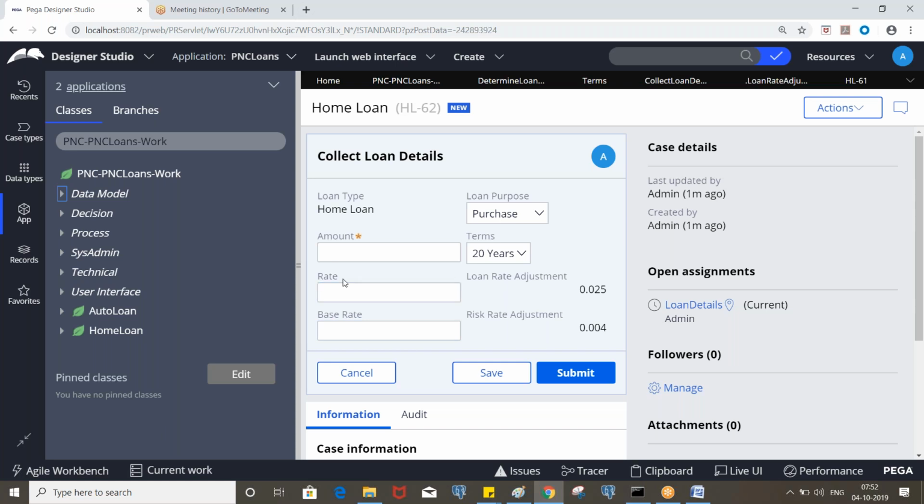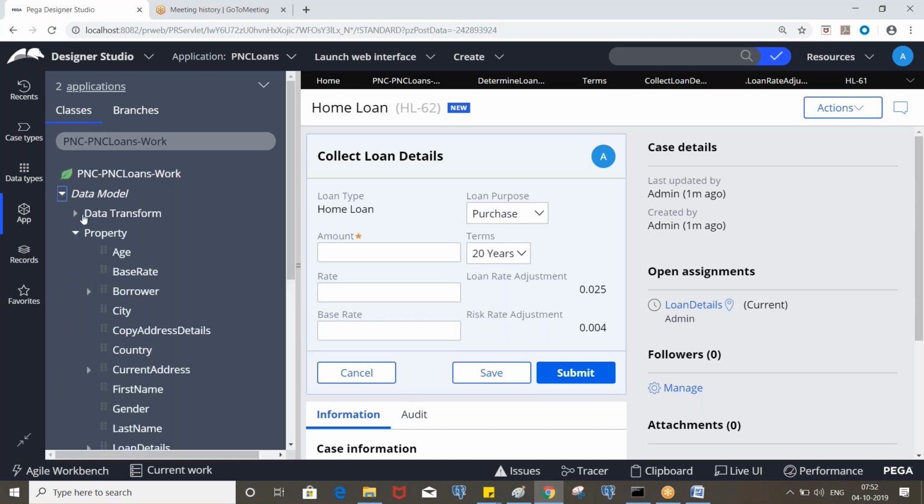Let's say we are putting a different base rate for auto loan and home loan, for example, you can specify it in the corresponding PY default. So you go to the home loan PY default and change the value. If you put it in the work class PY default, then this rate will be applicable for both.